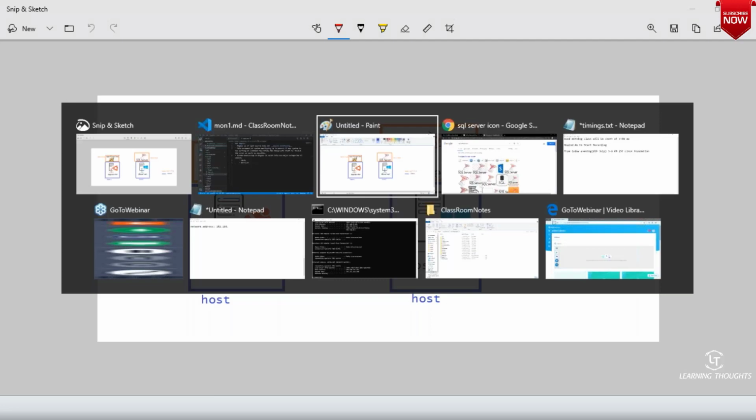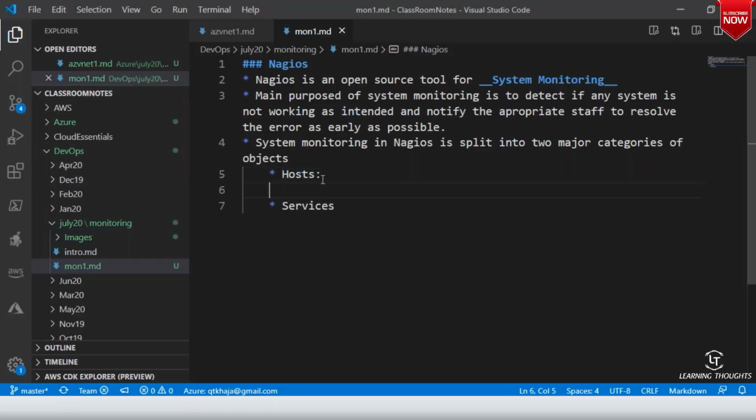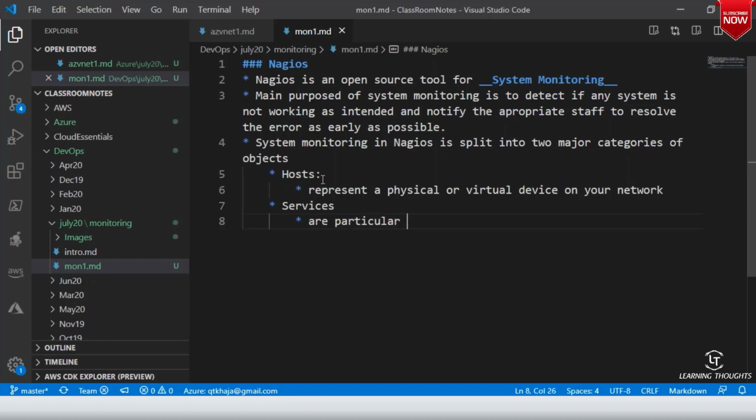If you want to understand what a host represents, hosts represent a physical or virtual device on your network. That is typically your system. Services are particular functionalities on hosts.